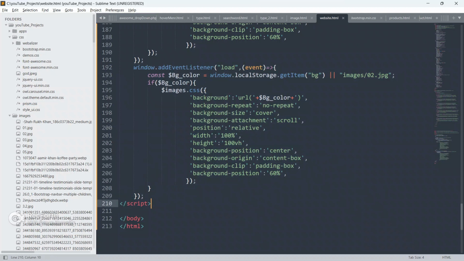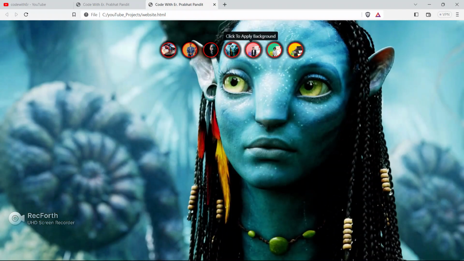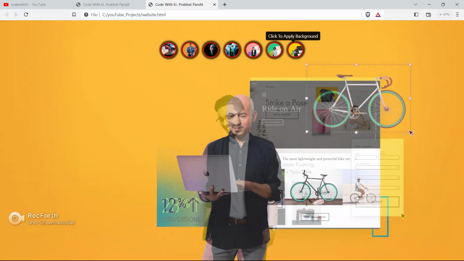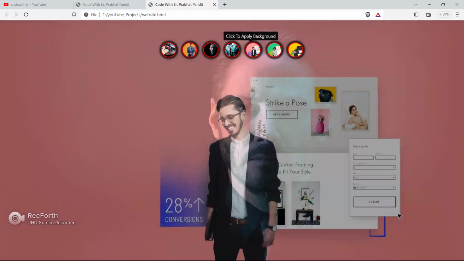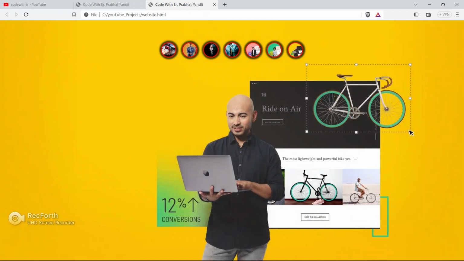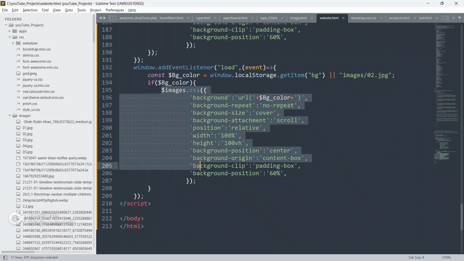So save your code, go to the browser and refresh your page. See guys, it will remain the same due to this code.